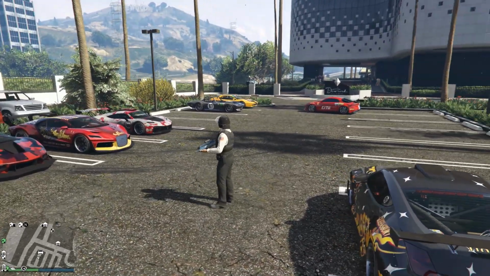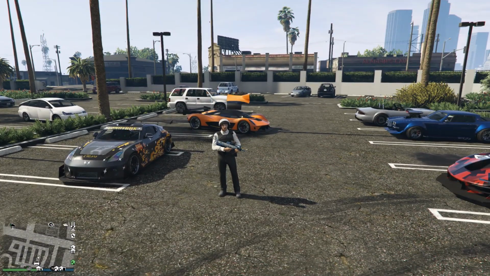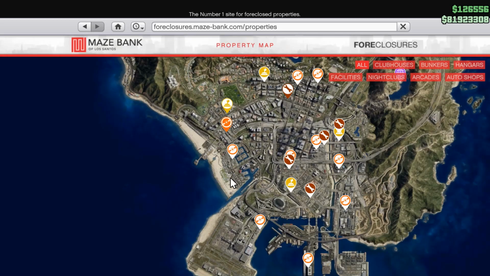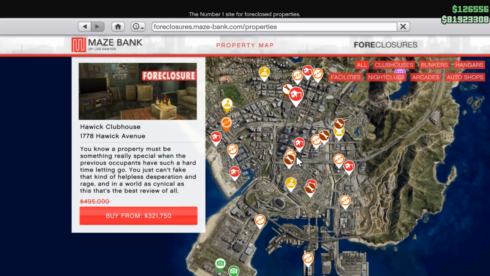But one thing that is really good is, first of all, every single motorcycle business is on sale. Not only, by the way, the clubhouses, and I'm actually probably going to purchase a new clubhouse, but as I was saying, all the clubhouses are on sale. So if we make our way to Maze Bank Foreclosures and take a look at any of the motorcycle clubhouses,